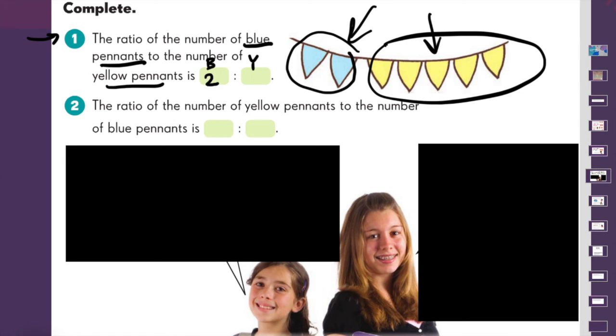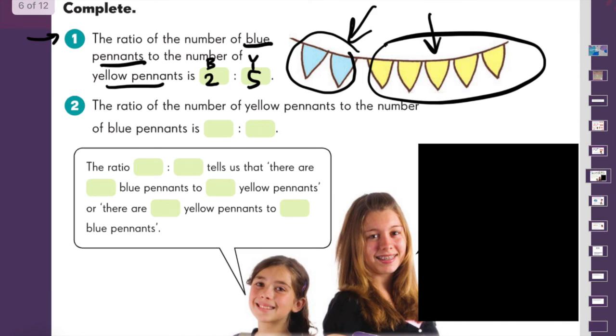Okay, so we saw there were 2 blue pennants and there are 5 yellow. So we would say the ratio of blue pennants to yellow pennants is 2 to 5. And now let's come down here and fill this in. So the ratio 2 to 5 tells us that there are 2 blue pennants to 5 yellow pennants, and there are